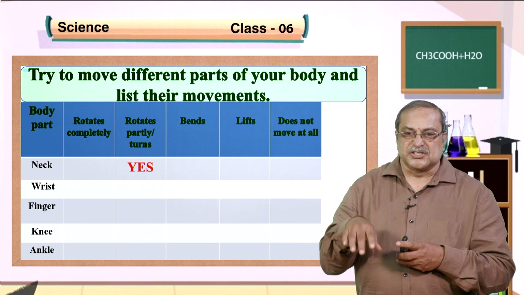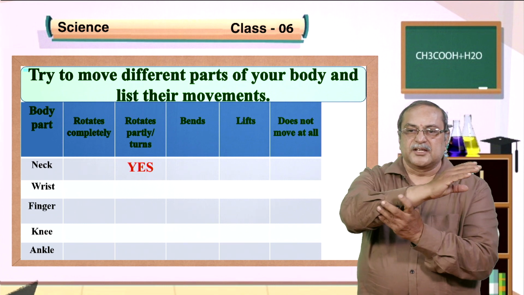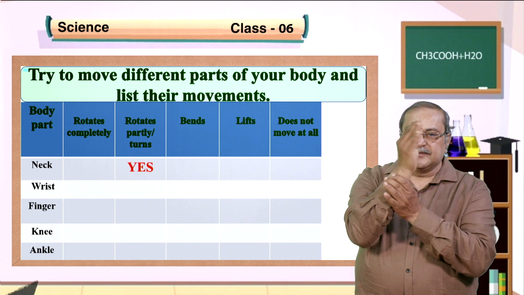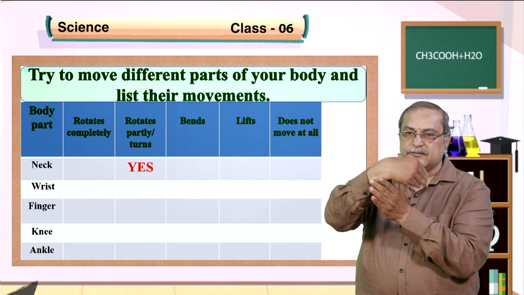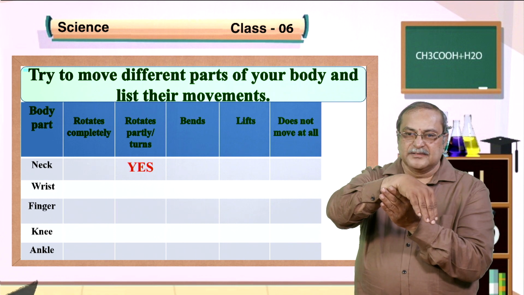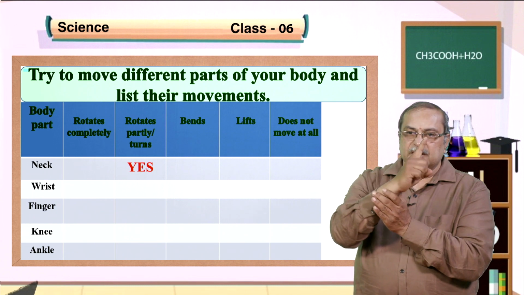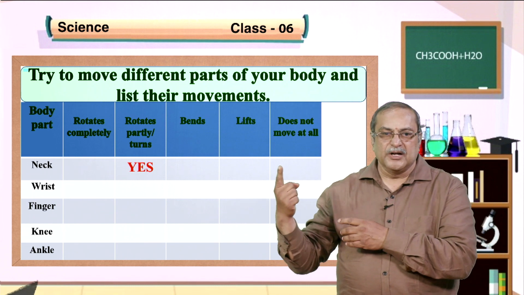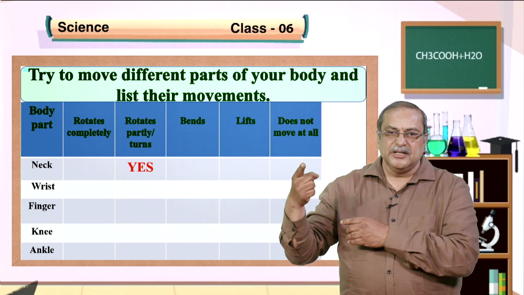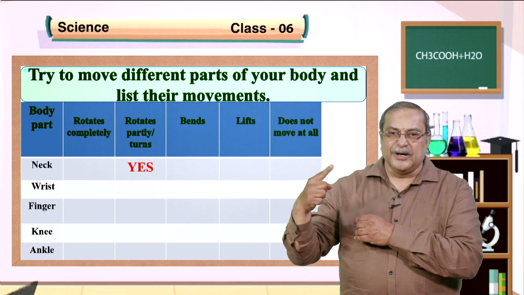Next you take your wrist. So this is the wrist point. See, here is the wrist point. So what can I do? I can rotate, isn't it? So I can rotate the wrist. I can rotate, I can lift, I can bend, isn't it? So all activities can be done here. So when I come to the finger, see the finger, how can I do? I can bend one side only, not the back side. I can bend, lifting can be done. We can rotate very partially.